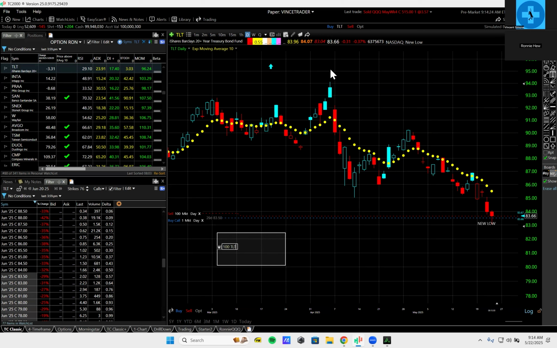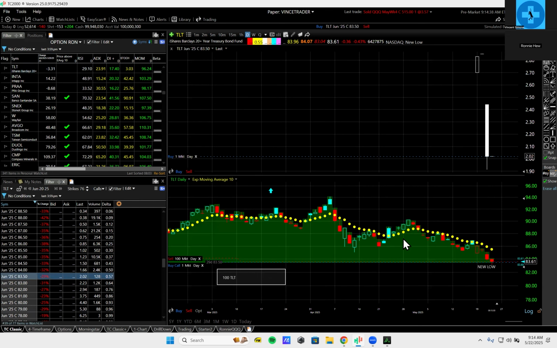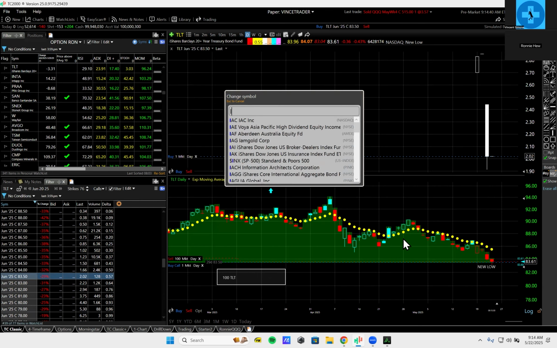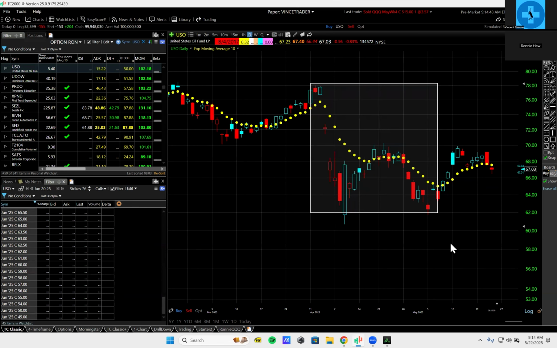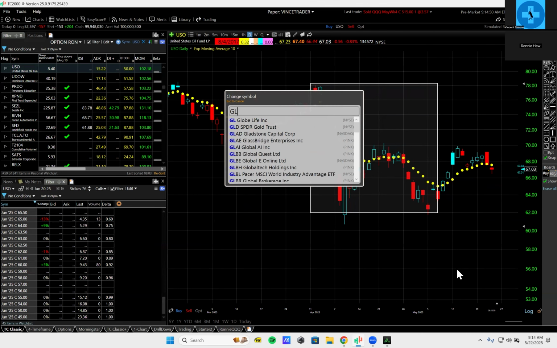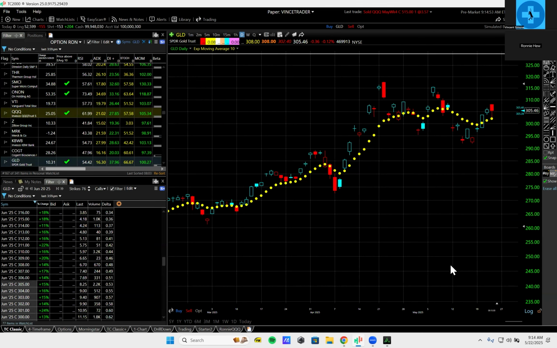These are bonds, it's just in stock form, okay? ETF form. It's a 20-year bond. Okay, you see this? 20-year bond. Yes. When you buy this thing, it's like buying the 20-year bond. So you understand how ETFs work, right? When you buy an ETF, it's like buying that thing. Yes, it's an idea. When you buy IBIT, you're buying Bitcoin. Okay. When you buy USO, you're buying oil. When you buy GLD, you're buying gold. Kind of get a pattern here?